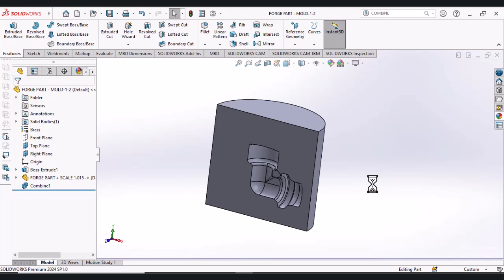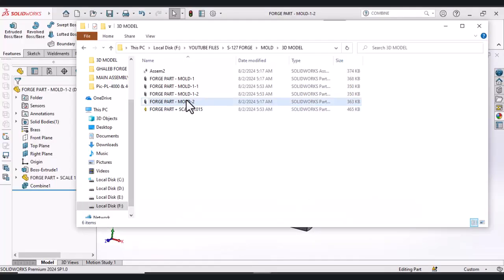We open mold1-1 file. We open 3 files to have molds and the piece.